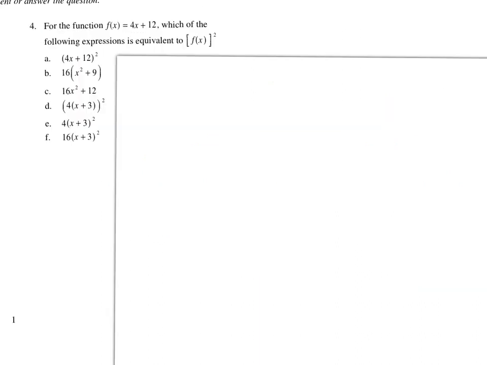All right, so the next step here for this function, which one is f of x squared? So what I need to do is take 4x plus 12 and then square it. So I already see A is correct. Now, a lot of people actually think that E is correct, but this one is not correct because if you